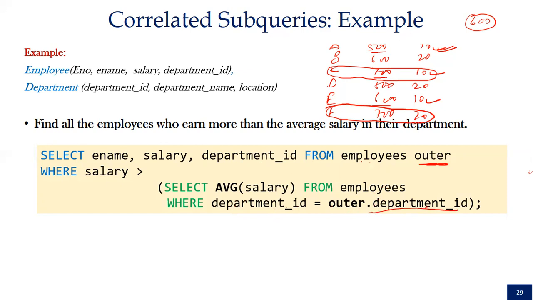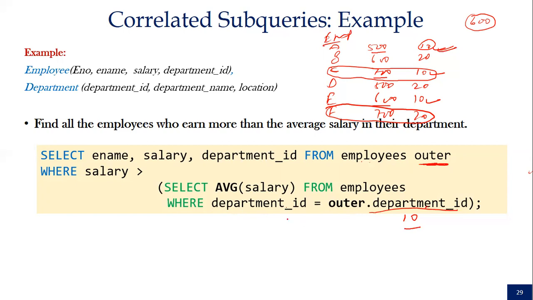In that case, department ID is 10 for the first row. Now you have to compute the average salary in this employee table for department ID 10.